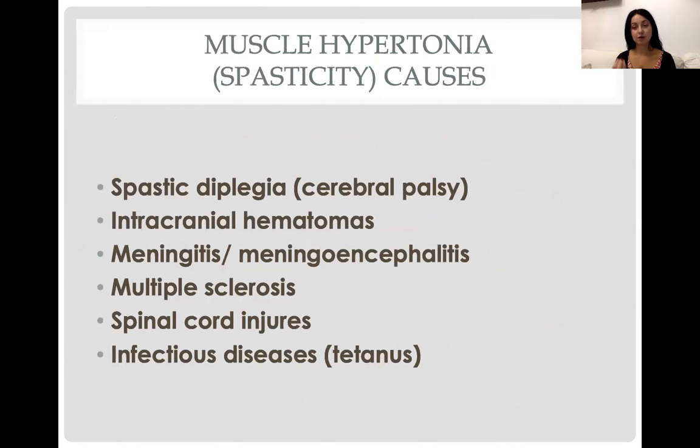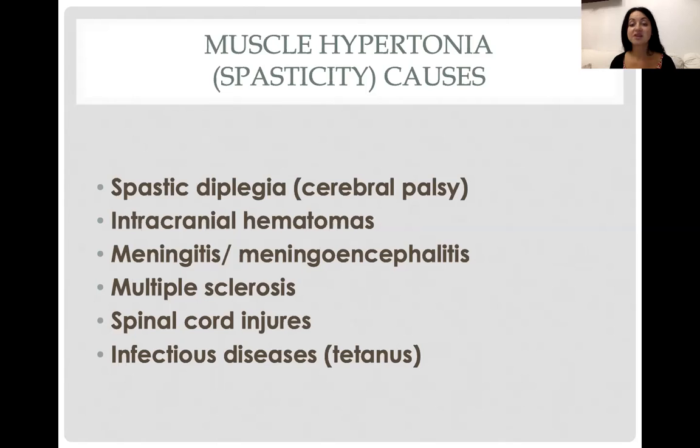Hypertonus means the opposite, the increased tonus of muscles in children. We can call it as well spasticity, spasms. So what are the probable causes? Cerebral palsy as well. So now you know that cerebral palsy may cause different changes of muscle tone, hypotonia or hypertonus, spasms. Intracranial hematomas, meningitis, especially meningoencephalitis, multiple sclerosis, which starts rarely at a young age, spinal cord injuries, especially burst traumas,